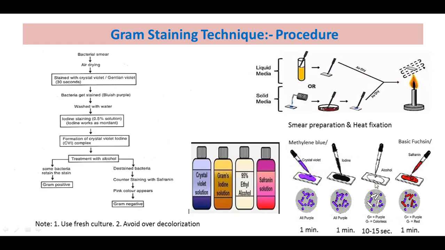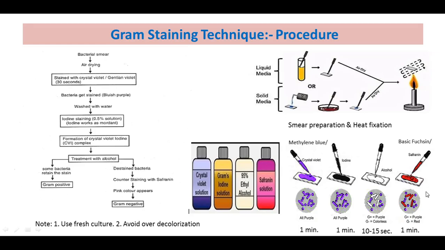But take care, do not over decolorize the smear, otherwise gram-positive organisms will also get decolorized if you prolong the decolorization time. Then wash off the decolorizer under slow running tap water, and now treat the smear with the counter stain. You can wait for 1 minute and then wash out the excess counter stain under slow running tap water,